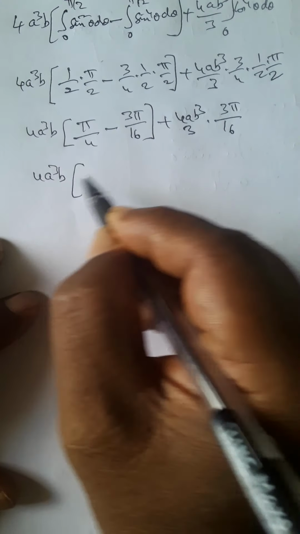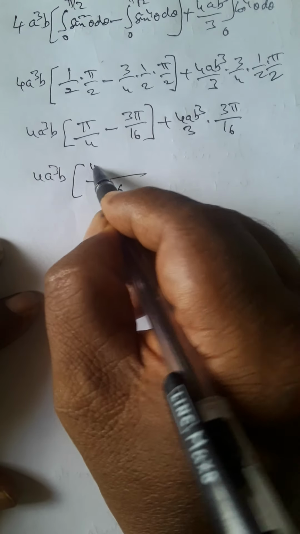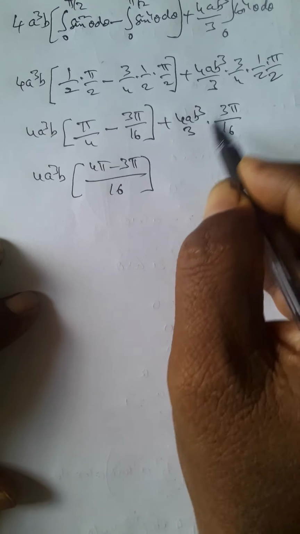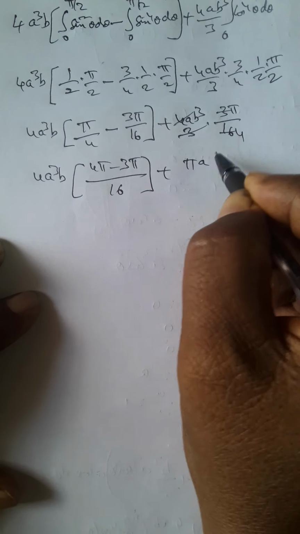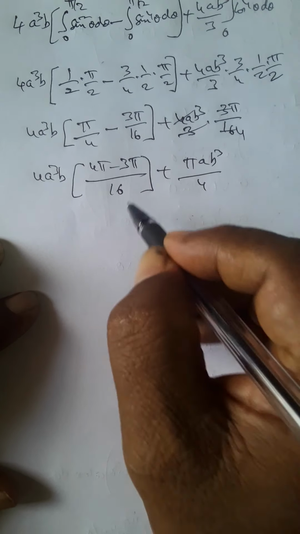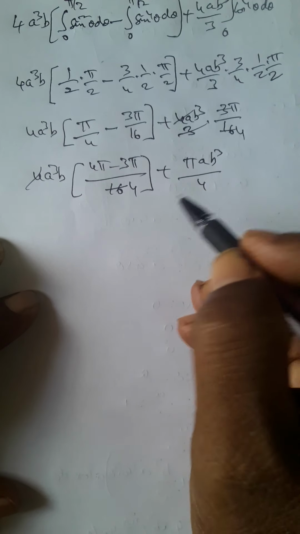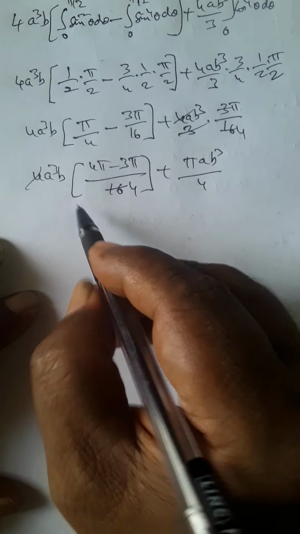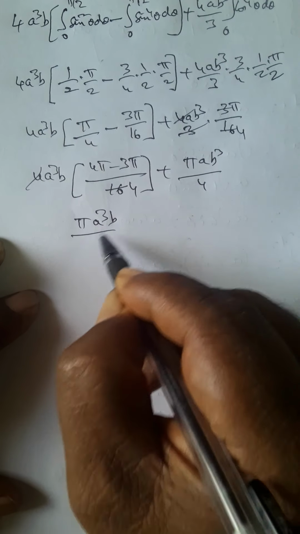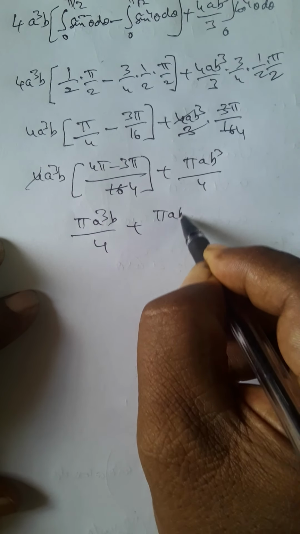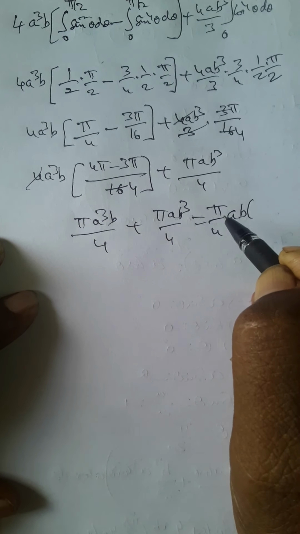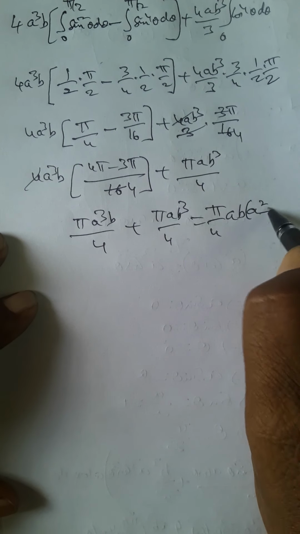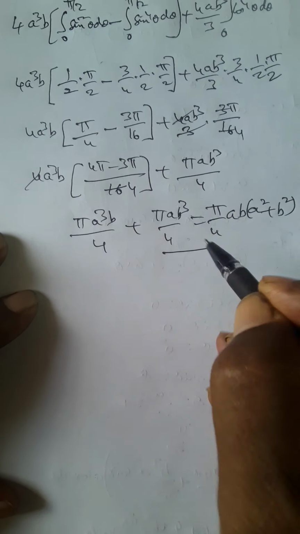4a cube b times, with LCM 16, 4 pi minus 3 pi. The 3 cancels, the 4 cancels, giving pi ab cube by 4. And the 4 cancels here, 4 times, so 4 pi minus 3 pi is pi. Pi a cube b by 4 plus pi ab cube by 4. So pi by 4 common ab, times a square plus b square. This is the required